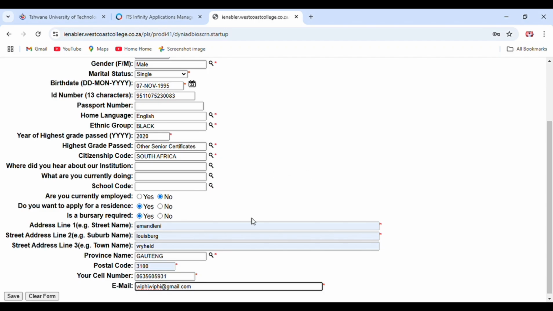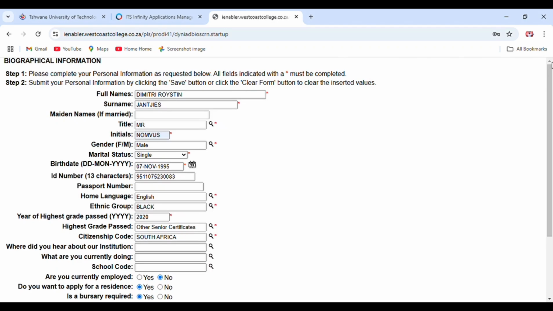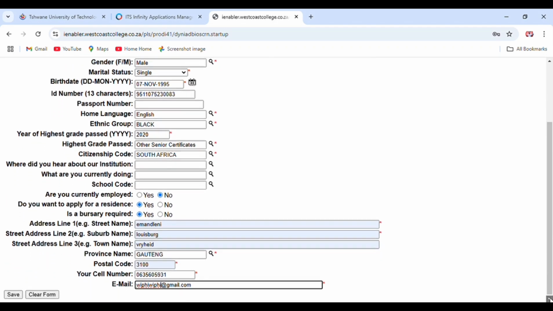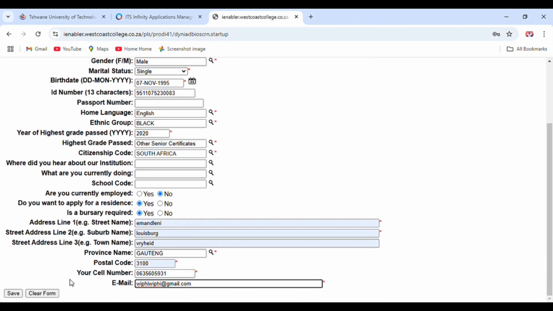And then guys, when you are done filling the form, you can just scroll up so that you see whether you filled everything. You double check so that you can avoid mistakes while it's still now. It seems like everywhere is filled, and then you're gonna click save. There's a save down there on your left side. You click that save,